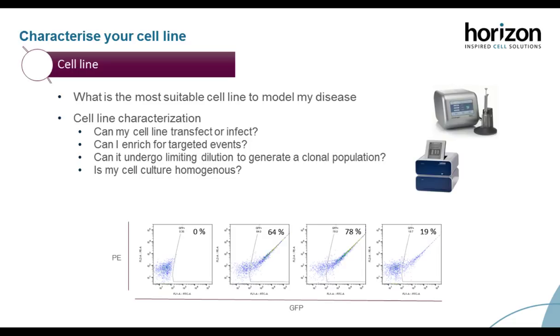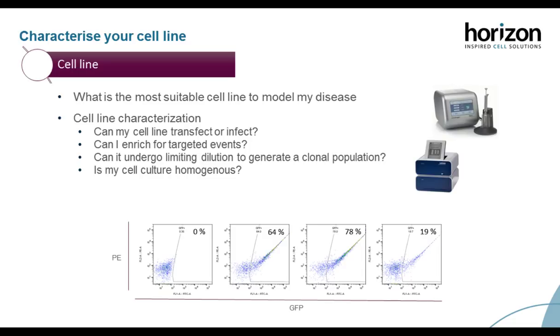For the transfection, I would recommend doing a small characterization procedure. This will not only help for your cell engineering experiment, but for all further experiments with that cell line. We usually try both electroporation and lipid-based methods in the cell engineering department. Here I've displayed an example of a cell line whose transfection efficiency ranged from 19% to 78% using different electroporation conditions. Usually once we have performed this transfection procedure, we use our FACS cell sorter to take out